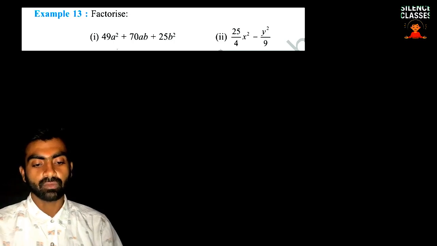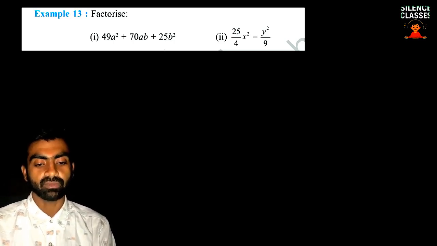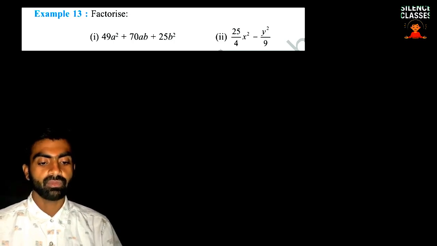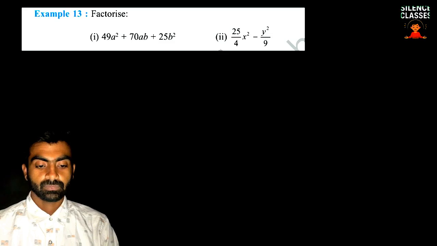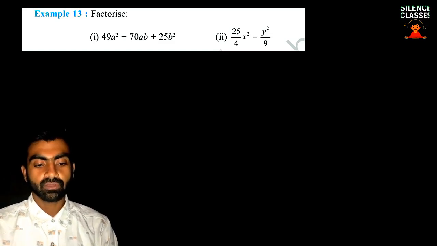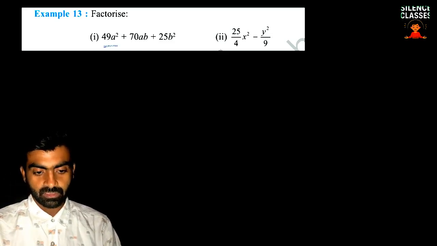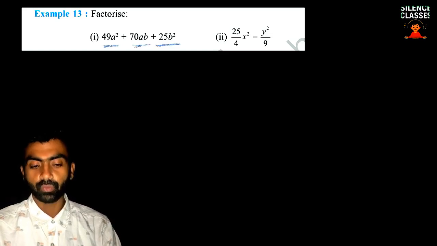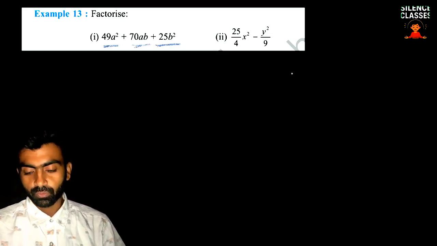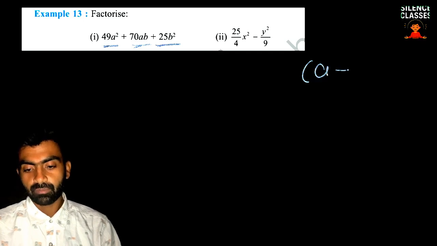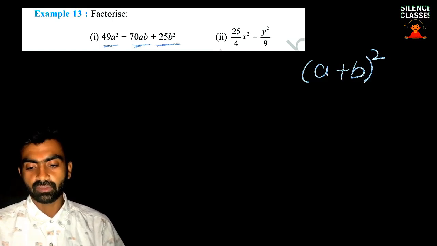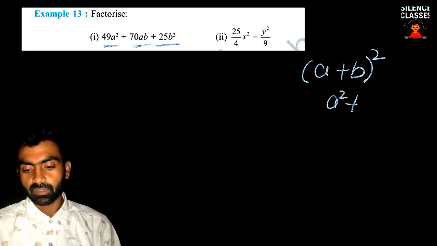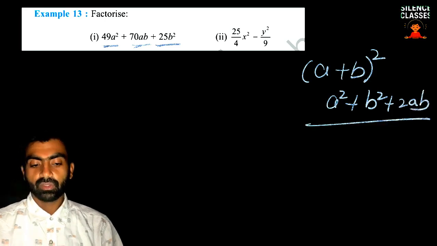Factorize 49a square plus 17ab plus 25b square. Okay, we have to factorize these terms. So if you check, it is in the form of a square plus b square plus 2ab. So this is the formula of a plus b whole square. A plus b whole square is equal to a square plus b square plus 2ab. So we will put it out,